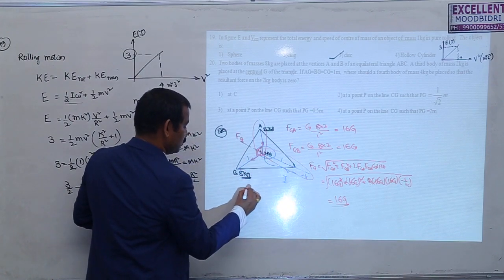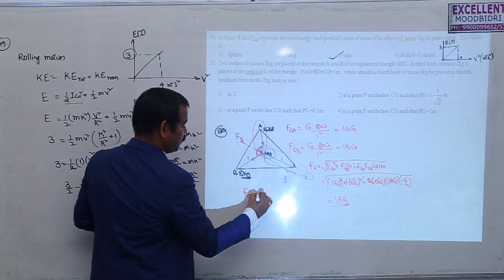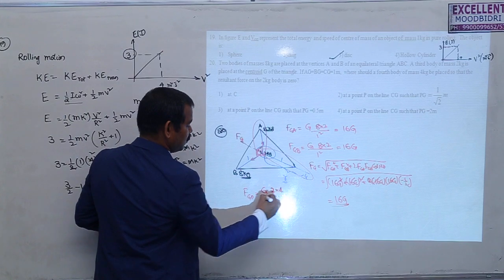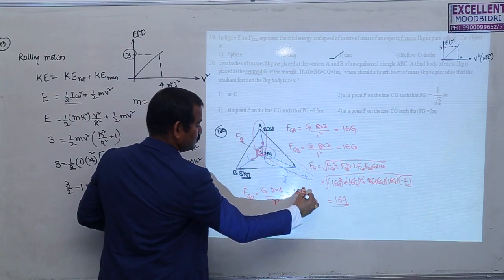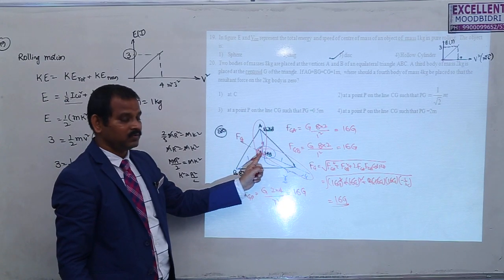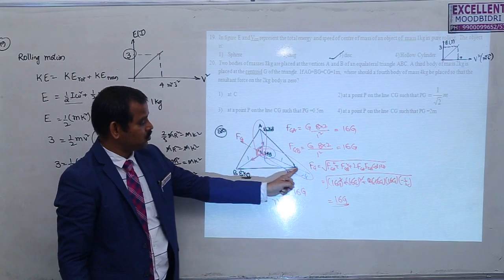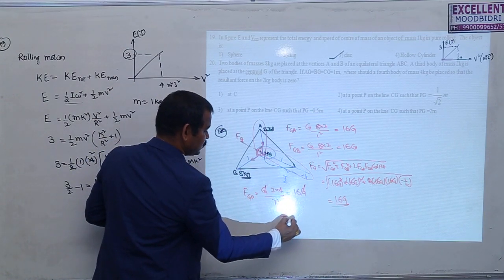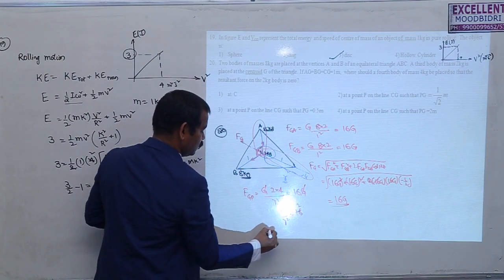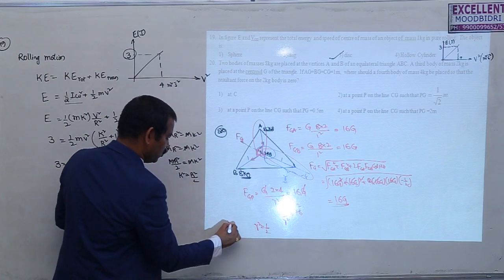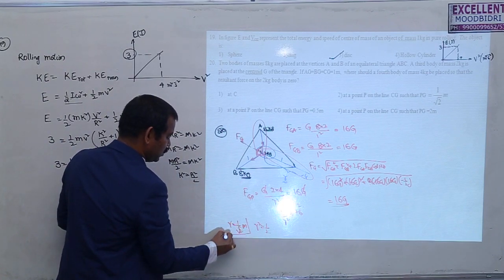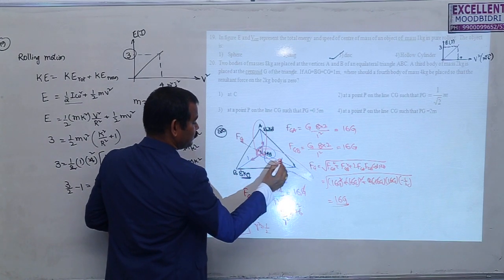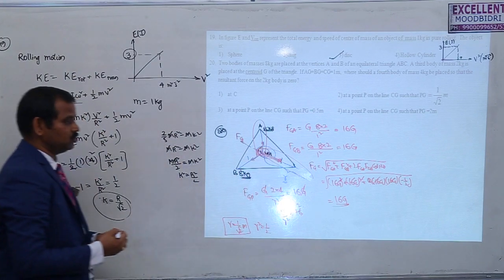Now, what is the force between these two? The force between G and that point, let me take P, is given by capital G into the masses of these two, 2 into 4, by the distance r square. This must be equal to 16G, because for the entire force on this one to become 0, the resultant of these two must equal the force between these two. Cancel G and G: 8 by r square is equal to 16, so r square is 1 by 2, and r is 1 by root 2 meters. So this 4 kg should be placed 1 by root 2 meters away, somewhere here, so that the total force on this becomes 0.